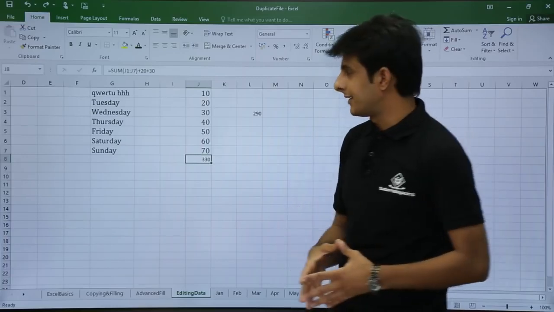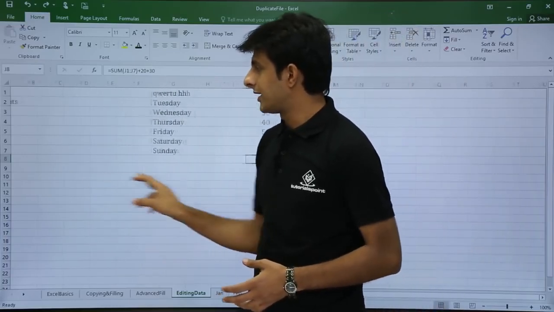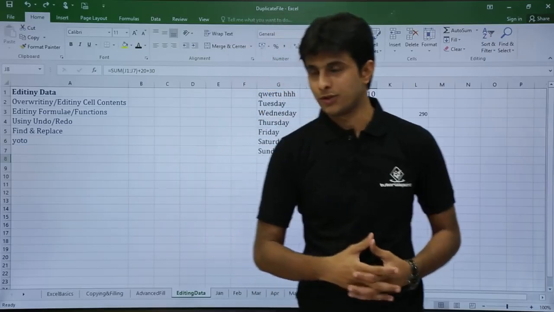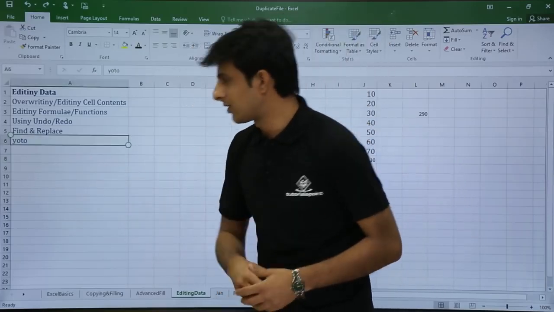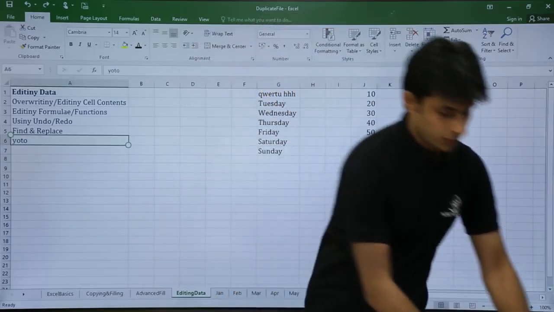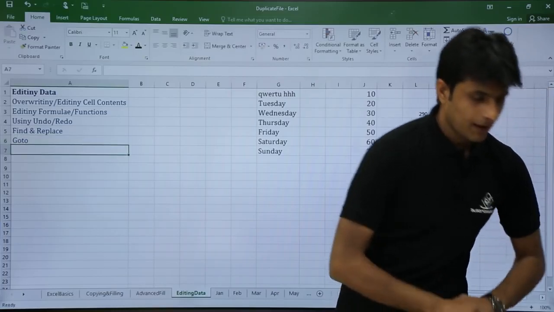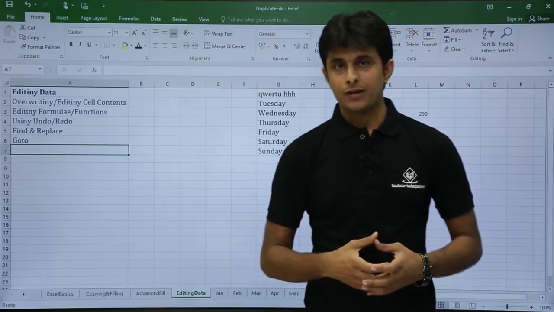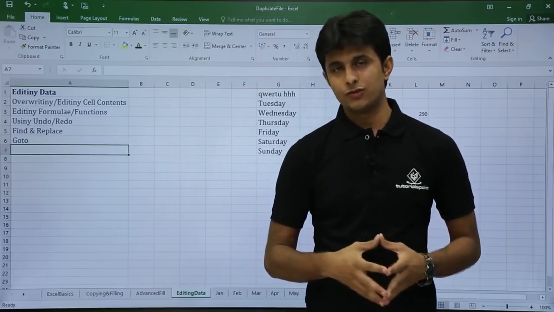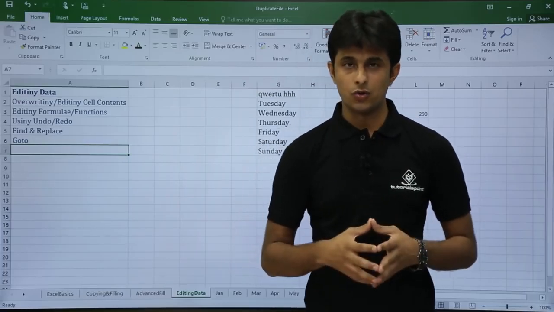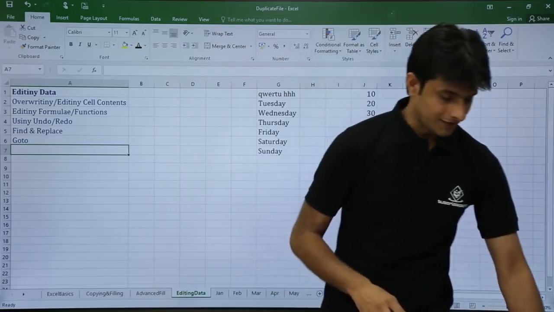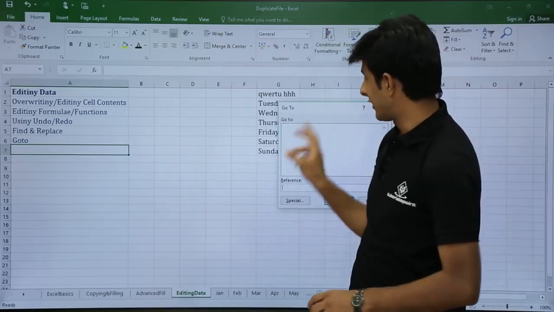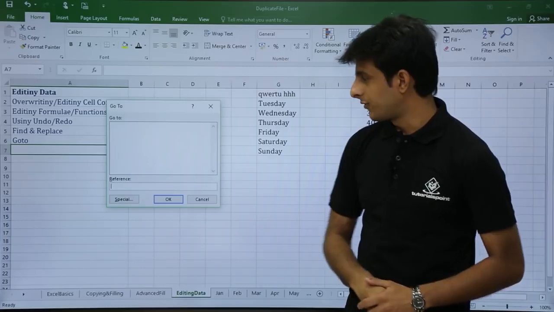Right? Next one, the last, which is here given as the go to option. Here it is replaced, instead of U2 it is go to. So I'll type here go to option. Now the go to option is very much useful. There are various ways by which you can use it. The shortcut key by which you can use go to is Ctrl G. So I'll press Ctrl G from my keyboard and I'll get a dialog box. Ctrl G for go to.